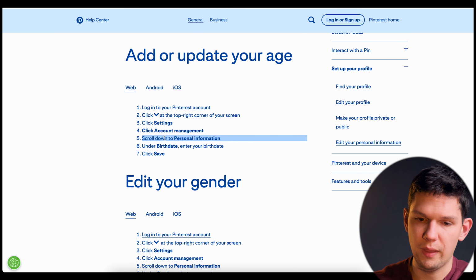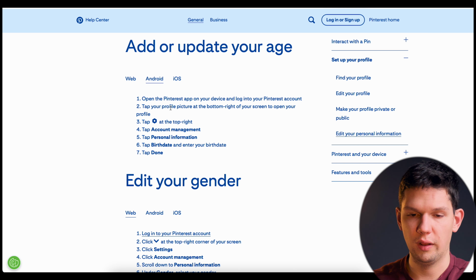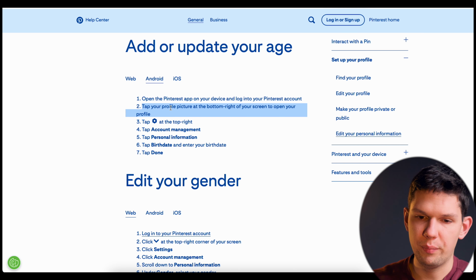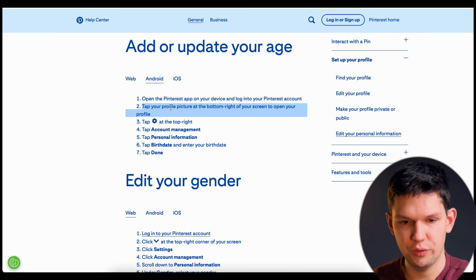You need to open up your app, log into your account, tap on your profile picture at the bottom right of your screen to open up your profile. From there, click on this gear icon at the top right, then account management, personal information, birthday, enter it, and done. If you are on iOS, the steps are the same, but as you can see, the only difference is